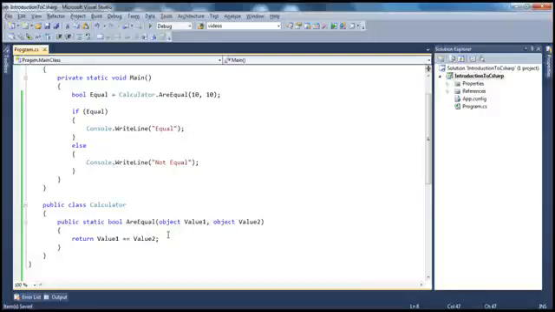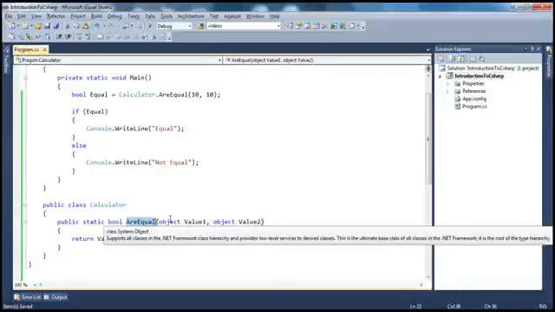Because of this unnecessary boxing and unboxing, the performance is going to be degraded. That's one problem. Another problem with this method, look at this. If somebody is calling this method, the reason they call it is to determine if two values of the same type are equal or different. For example, I want to compare if two integers are equal, or if two strings are equal, or if two characters are equal. But since now you made this type object,